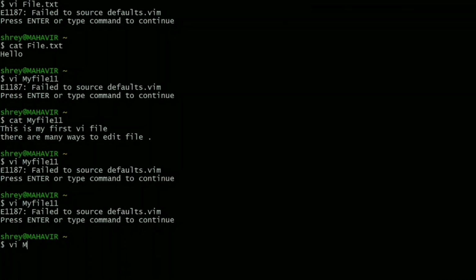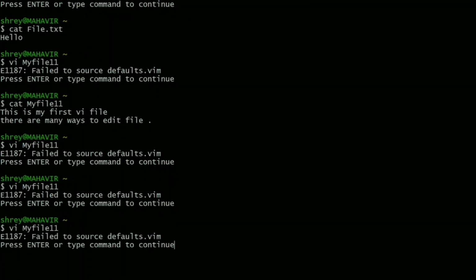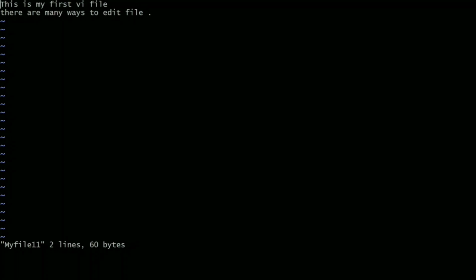Let's open the file again. I press i to edit something in this file. For example, I had written one. Then I press the escape key. I want to switch to the end of the line, so I press capital E. As you can see, the cursor comes to the end of the line. Again, I press a key to edit this file. I press the escape key and press :wq to come out of this file and to save this text.